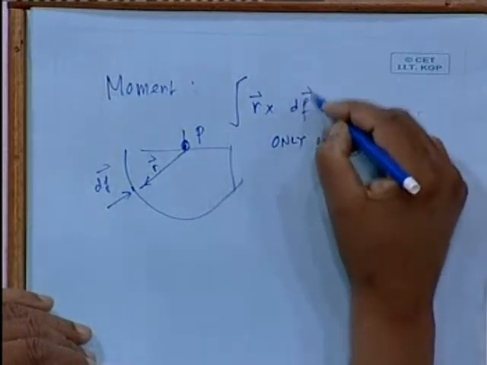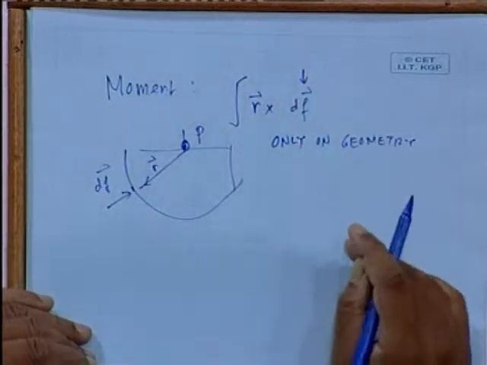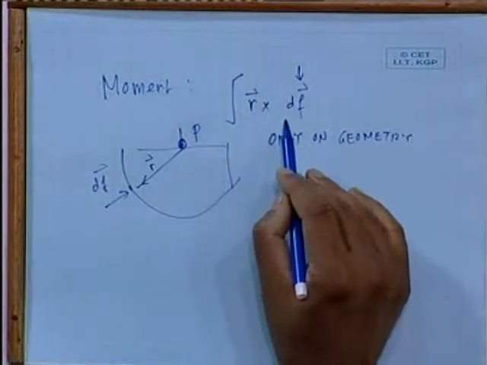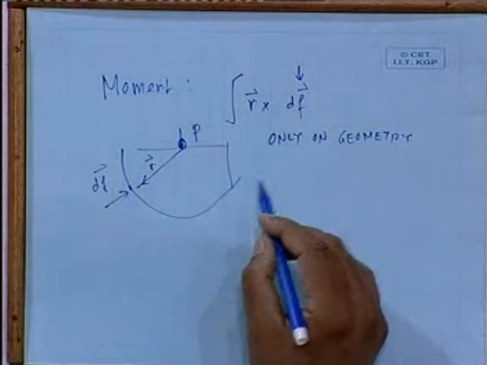Why? Because dF depends only on geometry for a hydrostatically steady ship. So this is a case that happens, and it is very important for us to recognize that under hydrostatic condition, your entire force and moment depends only on geometry. Now why I say this is that the hydrostatic computation therefore pertains to calculations related only to geometry,